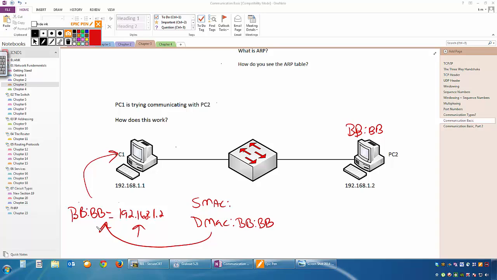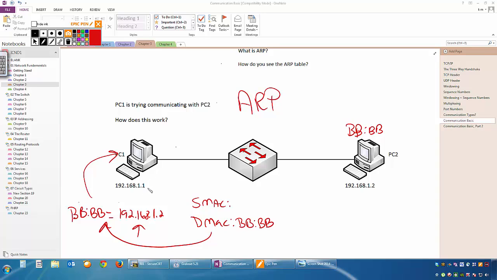Now, wouldn't that be wonderful if a table like that existed? And it does. And it is called ARP, Address Resolution Protocol. And what ARP does is it builds a table for each local PC.